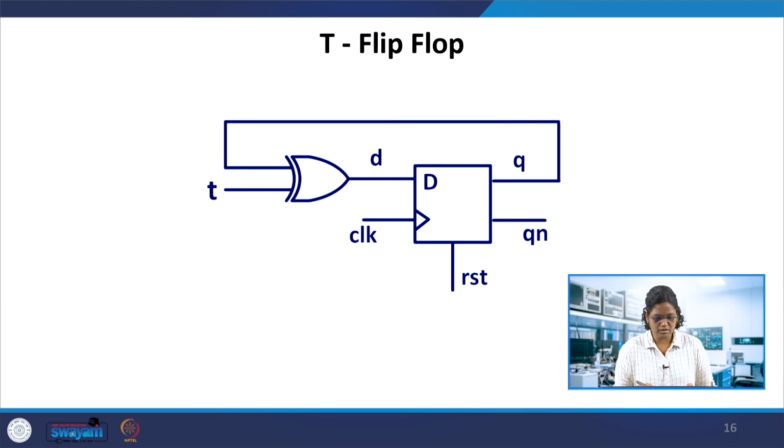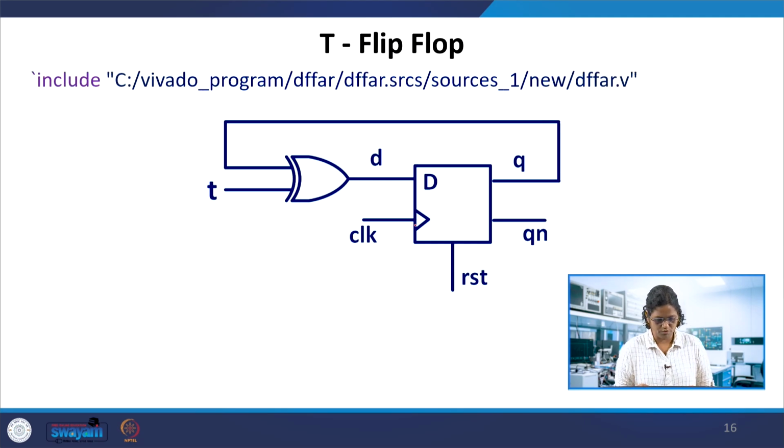Okay. Now the T flip-flop that we had. We have this D flip-flop module, and converted that to a T flip-flop with an XOR function. Q is fed back to the XOR input here, and if T is 1, then it keeps toggling the state. It keeps toggling. So clock is available. Let's see the behavior of this circuit.